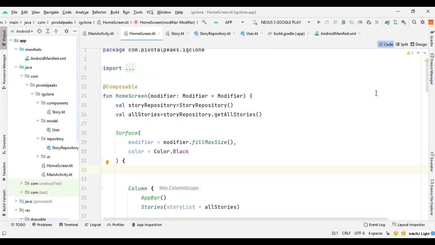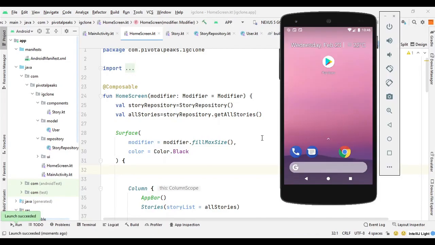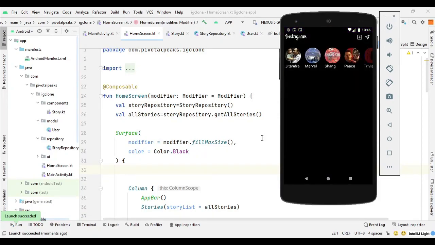So now my Wi-Fi is up, so I can show you the progress. So I will click on run. And as you can see, now we are able to fetch the images and name as well. So that was our story component.